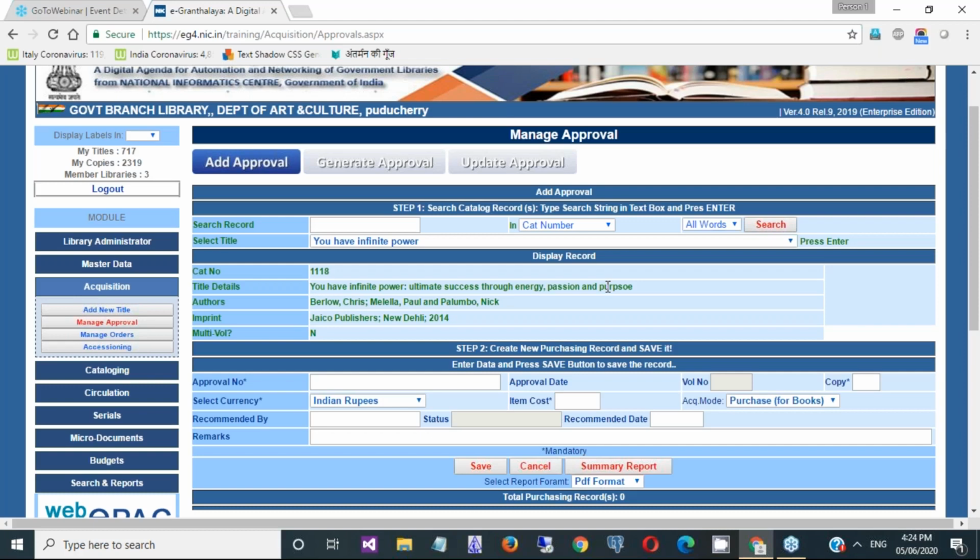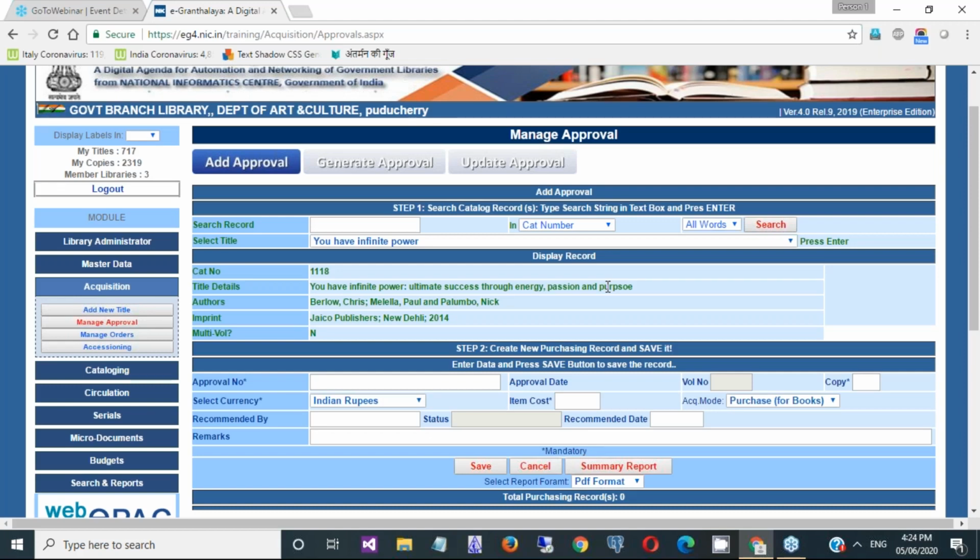Then after six months or one year, you purchased another four copies, and then later you purchased two copies. So these 10 copies you purchased three times. There may be a possibility that all three times you purchased these copies from different vendors, with different dollar rates or foreign currency rates, like that.